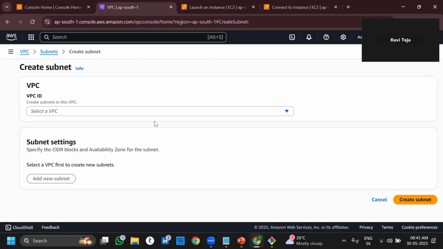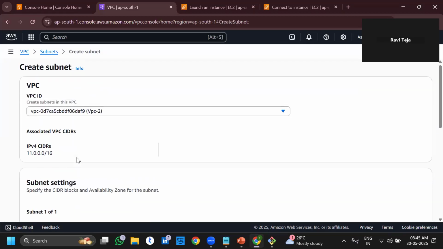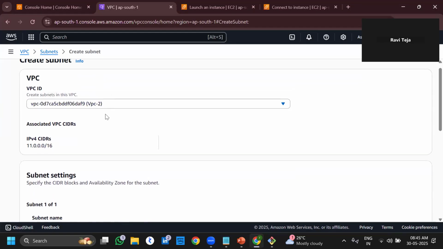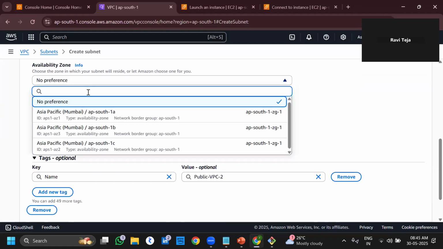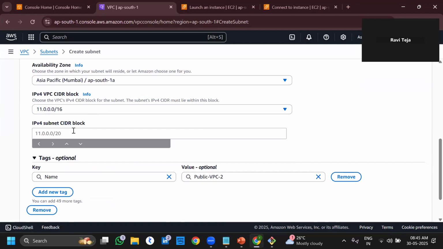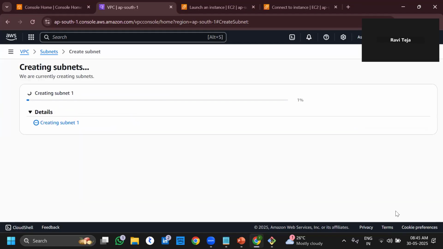create subnet. Because we are creating VPC2, that's why we have to select VPC2 here. Then just come down, public VPC2, availability zone 1A, here 11.0.1.0/24. And then just come down, create subnet,